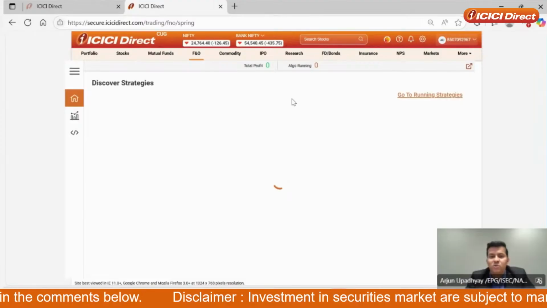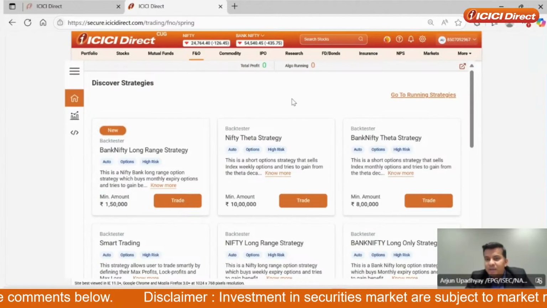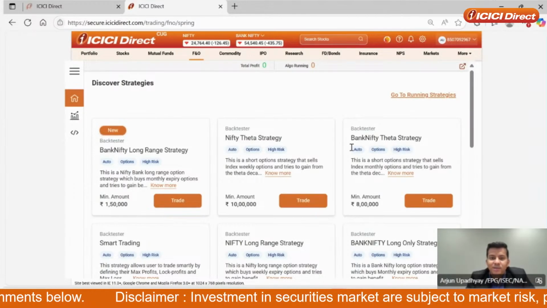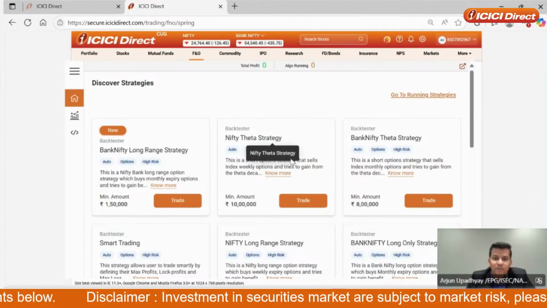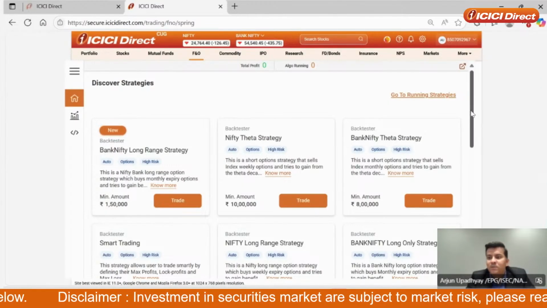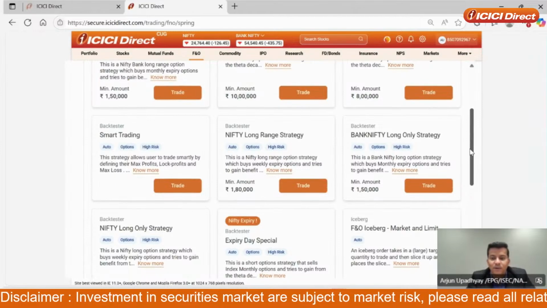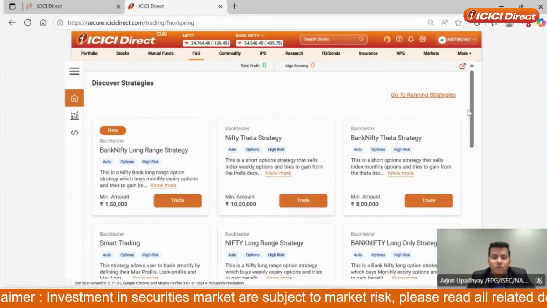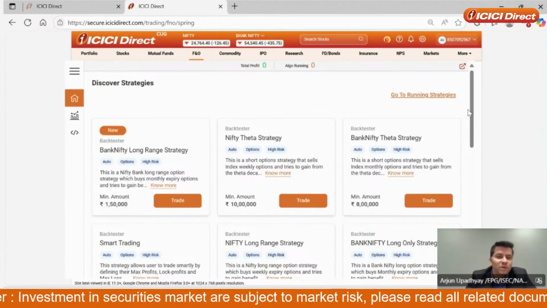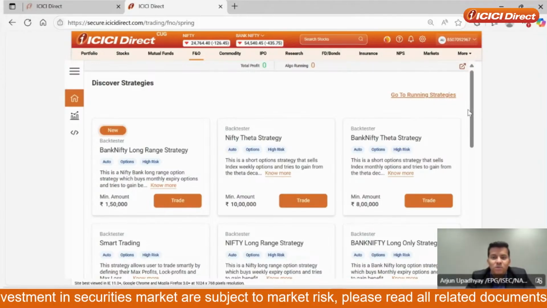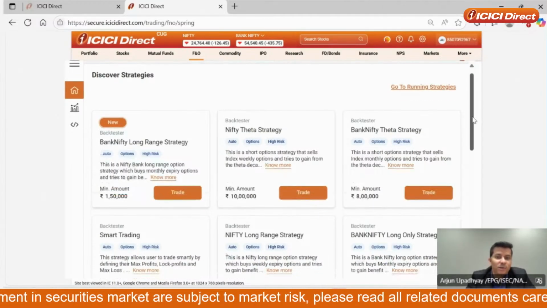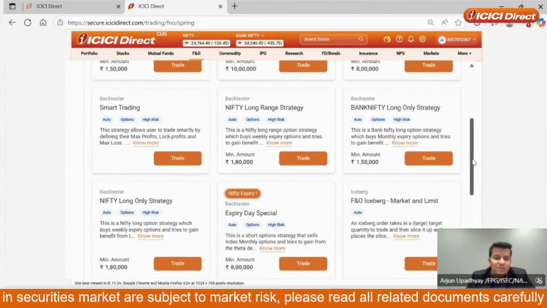Now, someone who wants to leverage expiry days can take a theta strategy. There is a theta strategy that we have, which works on theta decay. If someone wants to have an underlying as Bank Nifty, we have those variations also, right? There are so many strategies, and the team is working on bringing in BSE strategies also. All of these that you see right now are on NSE underlyings.